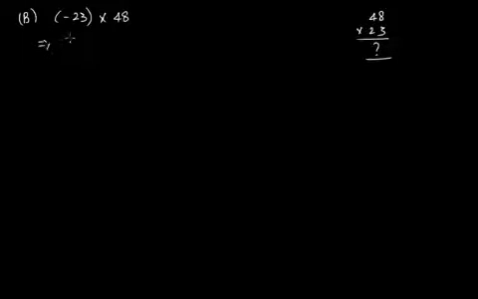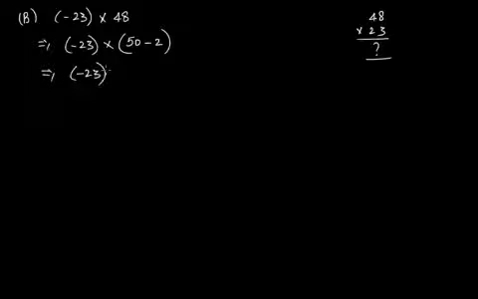So this will be minus 23 times 48. You can write 48 as 50 minus 2. Are you clear with that? 50 minus 2 will give you 48. So this will make minus 23 times 50, and since you have a minus sign here and we are using the distributive property